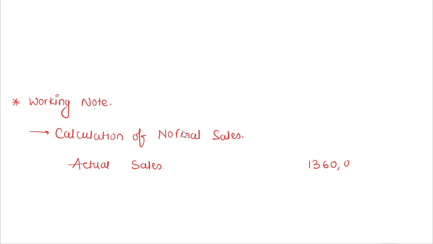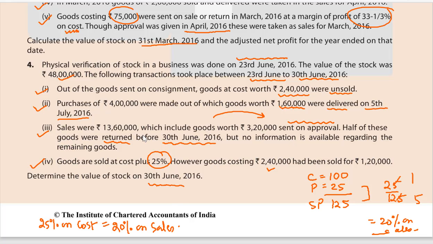Actual sales 13,60,000, which is given in the question. Point number 3, 13,60,000 is the actual sales,